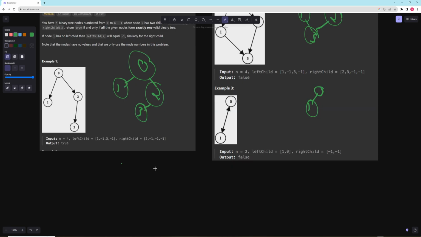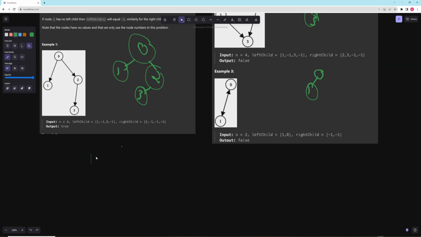So essentially, we have to define what a tree is, first of all. And there's a few ways to do this, but let's define what a tree is and figure out what to do. This is also similar to a problem called make a tree from a graph. You could do a union find here, but we're just going to do a normal tree traversal. So a tree has a root,